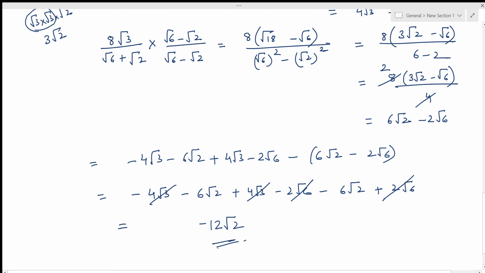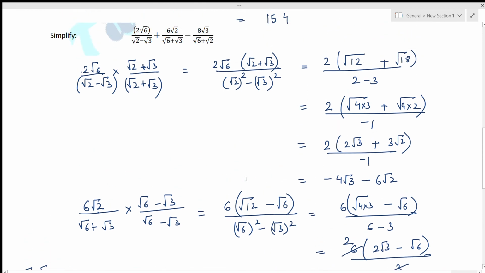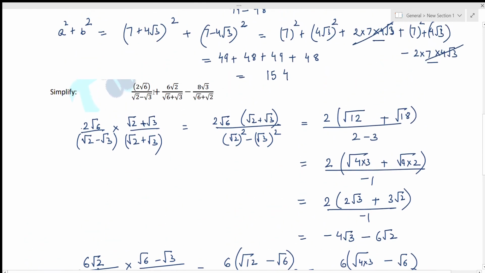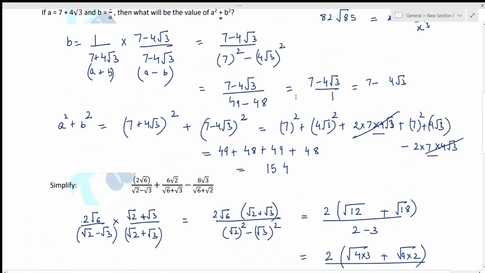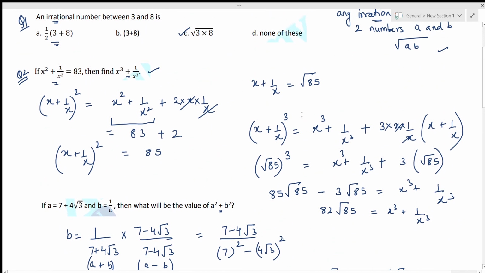Hope the steps are clear to you. So follow the steps. Don't miss any steps. Show all calculations. This is what you need to do, and carefully do all the questions. Whenever there is a negative sign, please check the negative sign. Copy the questions correctly, and then I think you will not make mistakes.